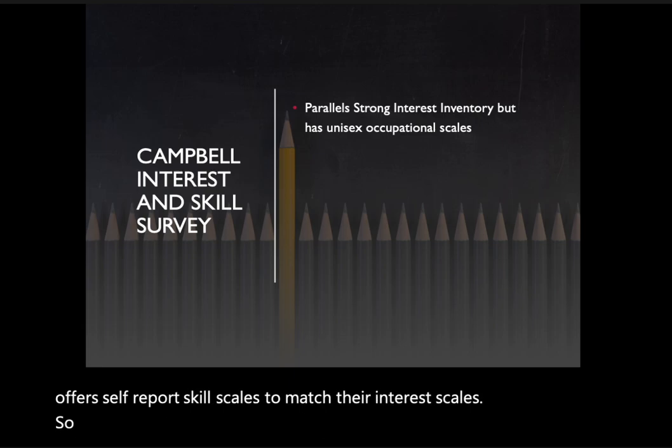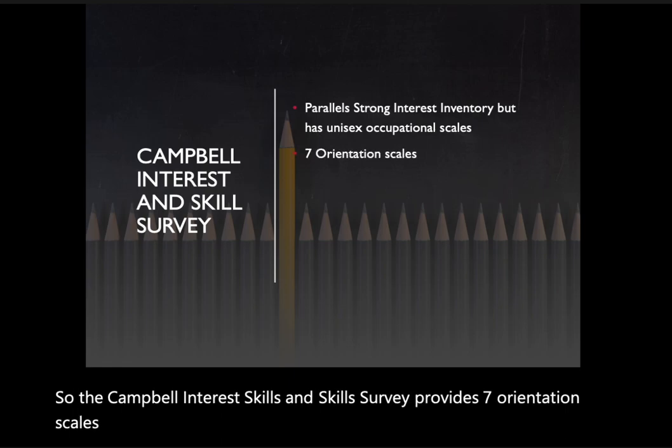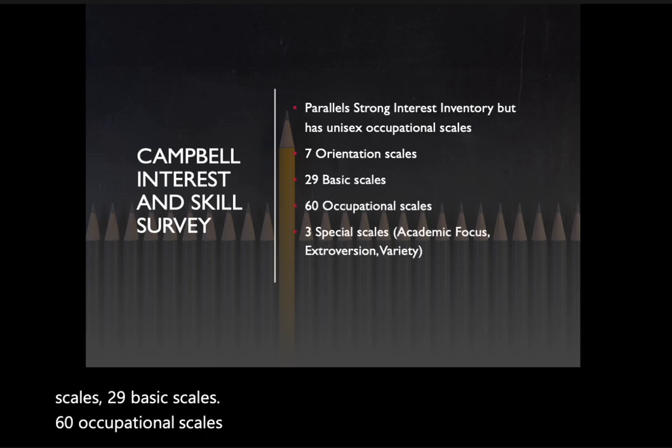So the Campbell Interest and Skills Survey provides 7 orientation scales, 29 basic scales, 60 occupational scales, and 3 special scales measuring academic focus,